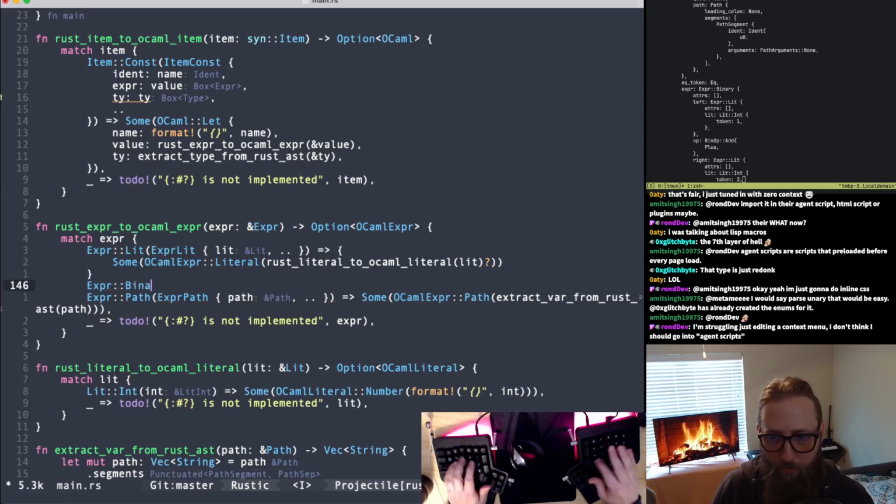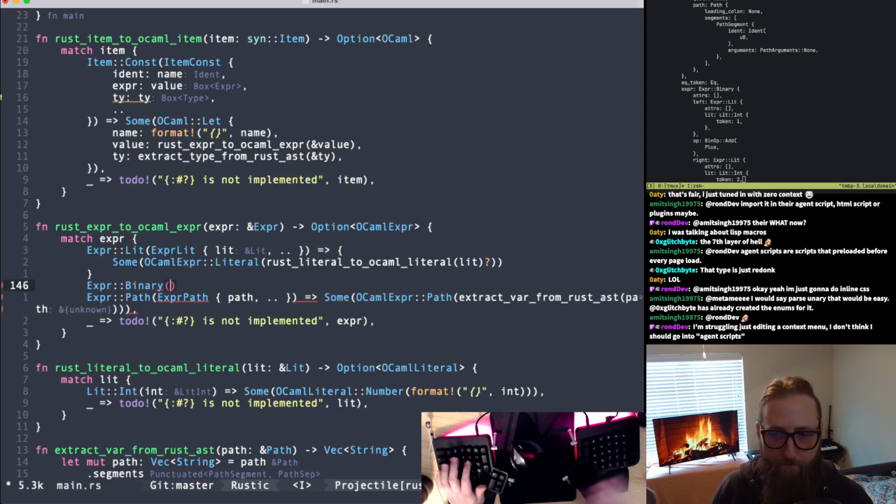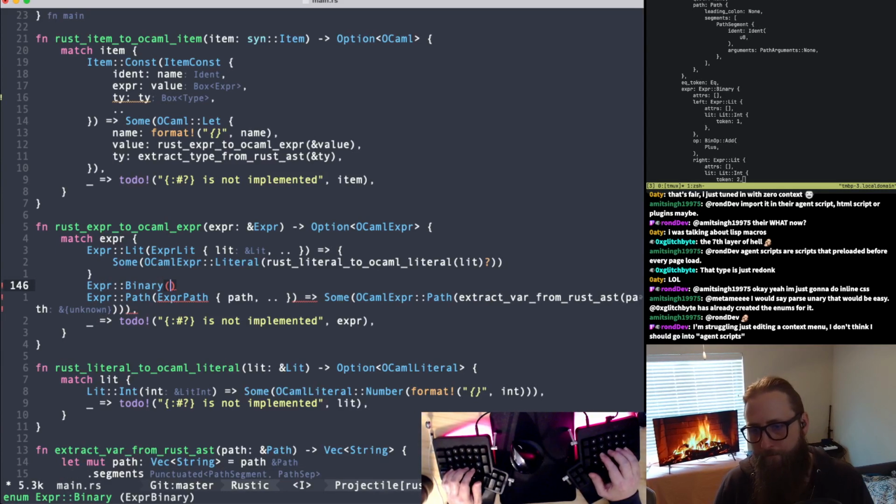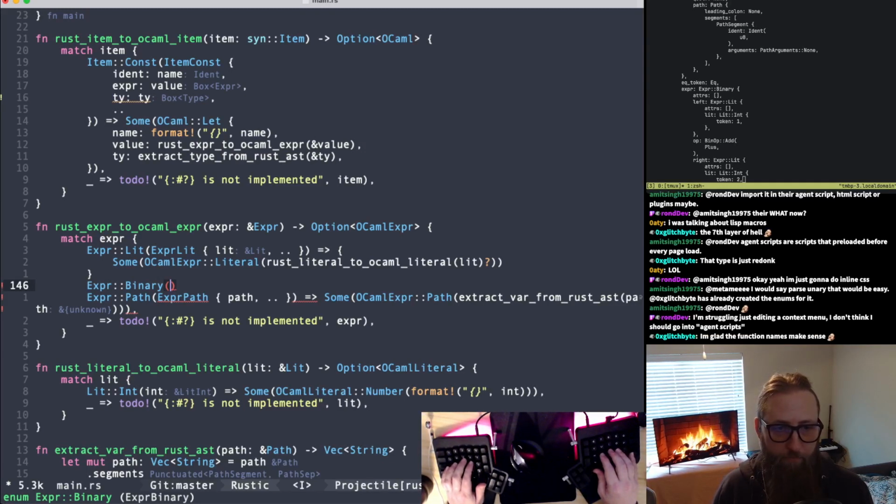So we're just pretending to write code. This is just pretend code. And if we wanted Expr binary,